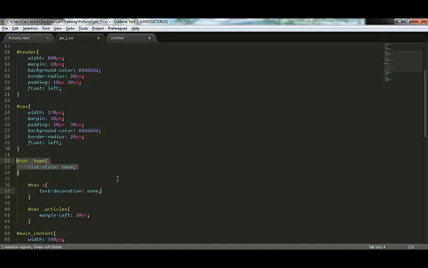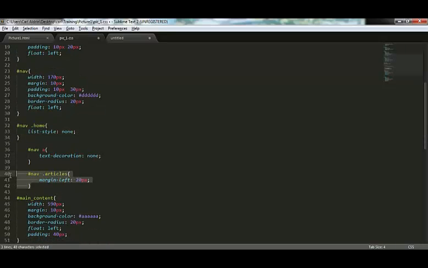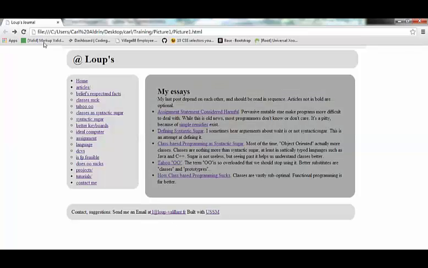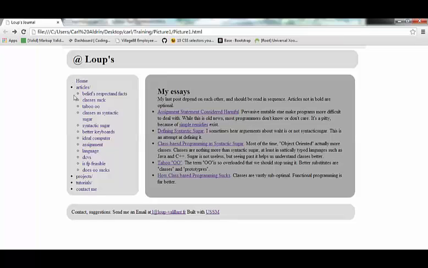The indentation of the second line or second child article, margin left 20px, the removal of the underline on the links with text decoration none, and the removal of the bullet of the home link with list style none. So upon saving it, the menu will be like this: no bullet, indented, and no underlines.